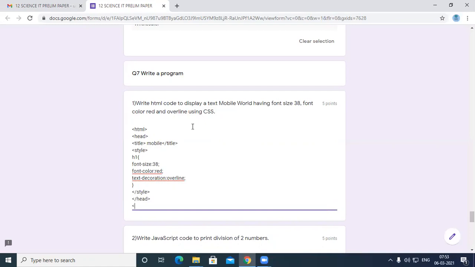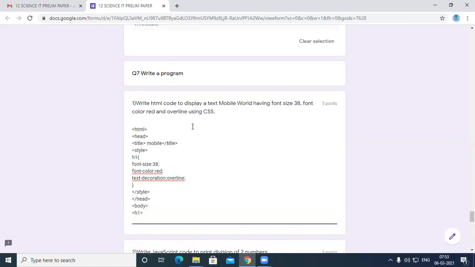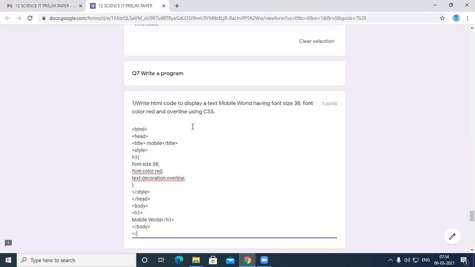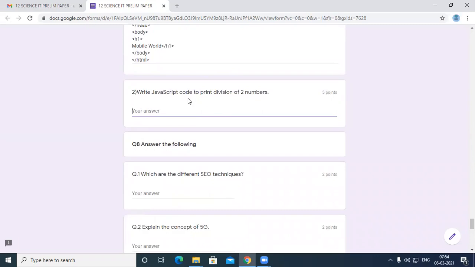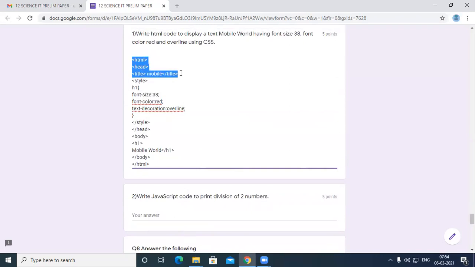Then your body, then H1, and then you have to write mobile world. This is simple coding. H1 close, then close your body, and close your HTML also. This is the way you will be doing it. Similarly, here also the same coding you will be writing. Here I will just copy this so that you can understand it.